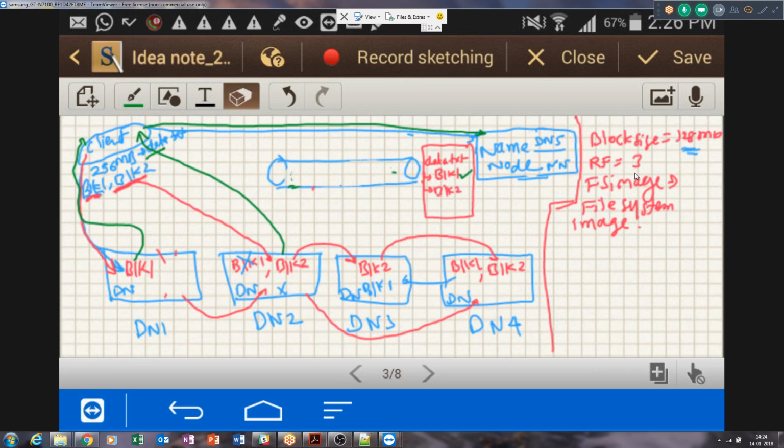How does the client know which data node is the nearest? It first tries to ping all the data nodes in its list, and then sees from which it got the response back fastest, because ultimately it is all over the network. It may happen that some remote node sends the ping back faster than a nearer data node that is busy with some other activity and could not reply faster. So it is again kind of some confusion for the client, but ultimately it will get its copy back. Yes, thank you.